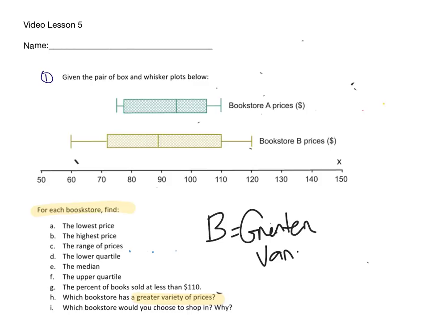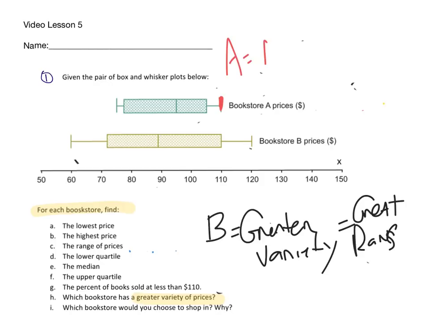It has a greater range. Again, the key is going to be for you to use statistics to answer your question accurately. You could say you might want to shop at bookstore A because bookstore A, all the books are under